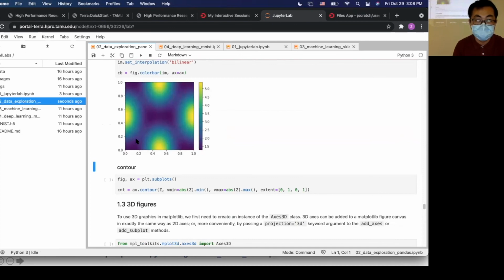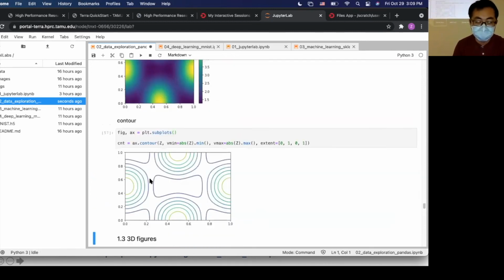There are also contour plots. Some students may think it's useful, kind of like in basic geology. If you do contour lines, it means that on this line there is equal elevation, or here, on this line we have equal values.